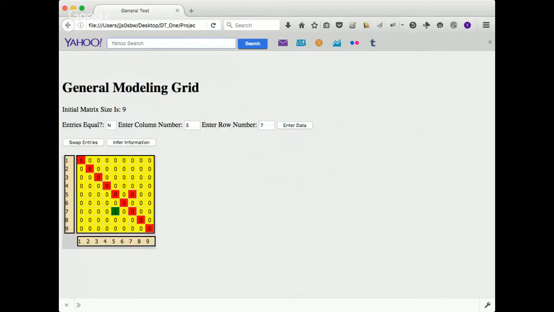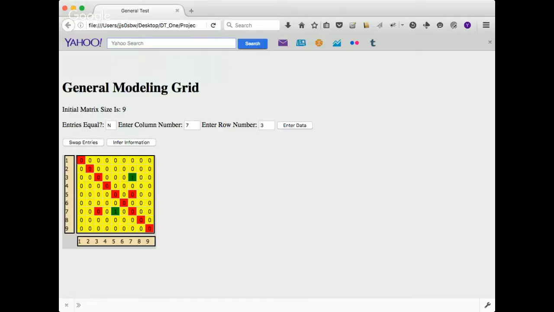This basically says that city 5 is north of city 7. City 7 is not north of city 5. Then we'll go city 7 is north of city 3. Enter that data. You can read it here, city 7, north of city 3.